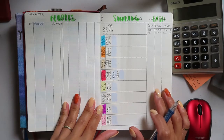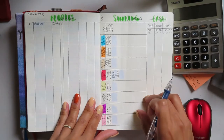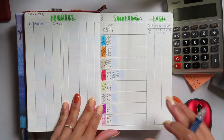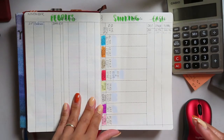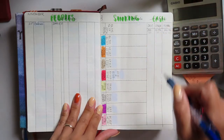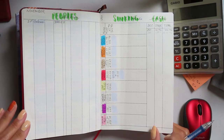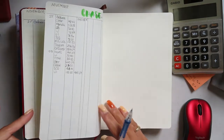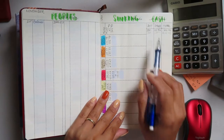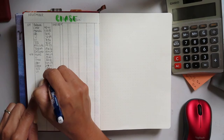So technically, the money that comes into my cash envelope, I technically do not need, because we have food, we have toilet paper, we have toothpaste, we have shampoo. So that money, we're transferring it out, and we're paying off our debt with it. So what's gonna happen is I'm taking out the 300 from here and I'm putting it to here, which is our main account,